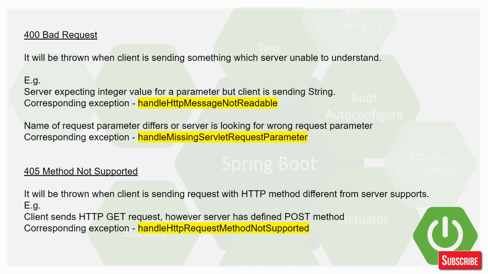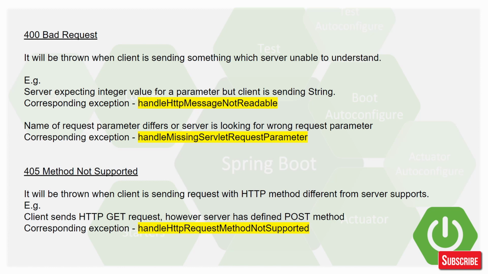An example is the server expecting an integer value for a parameter, but you are sending a string, and the corresponding method in your ResponseEntityExceptionHandler is handleHttpMessageNotReadable. Similarly, the name of the request parameter differs.